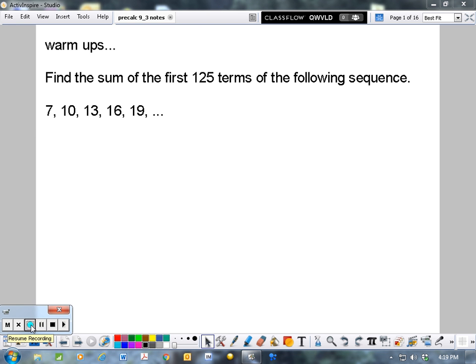Okay, so I just want to take a minute and review what we talked about in 9.2b, and that is how to find the sum of the first 125 terms of the following sequence. So the first thing we need to do is remember the formula for finding that without using a full summation on our calculator, and that formula is the number of terms divided by 2 times our first term, which happens to be 7 in this case, plus the very last term,